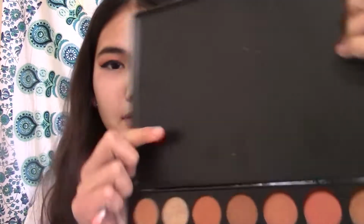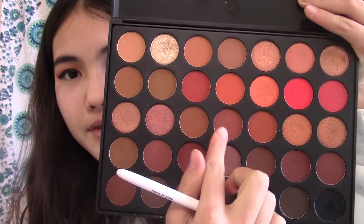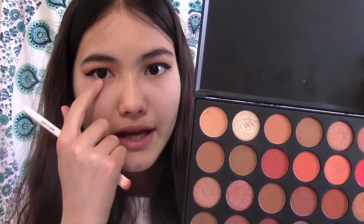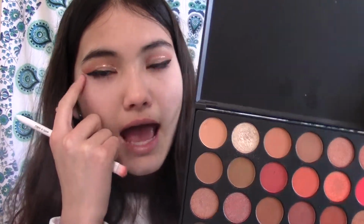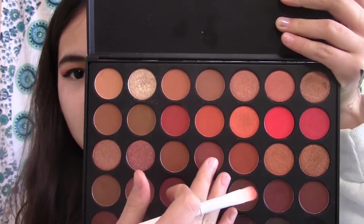And I'm gonna take a little bit of Flux and some terracotta. So I'm gonna do Flux about halfway and then terracotta the rest of the way. And so I'm just gonna kind of blend those together. So Flux and terracotta. Now that I've stabbed the brush into my eye about a million times, onto the last